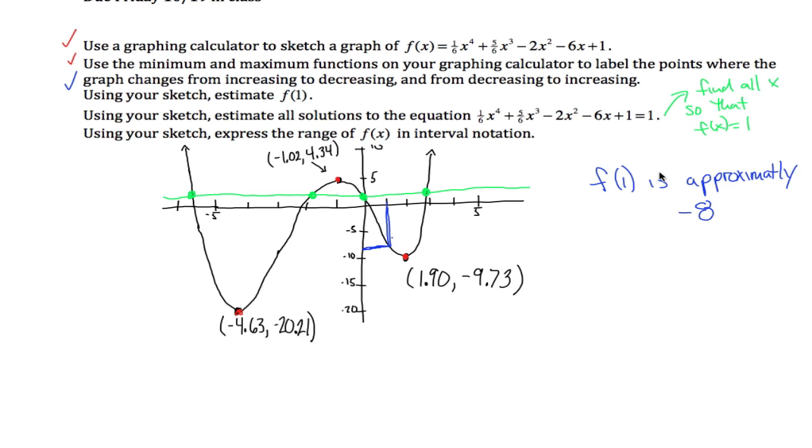So to answer the question, solutions to 1/6 x to the 4th plus 5/6 x cubed minus 2x squared minus 6x plus 1 equals 1 are approximately,